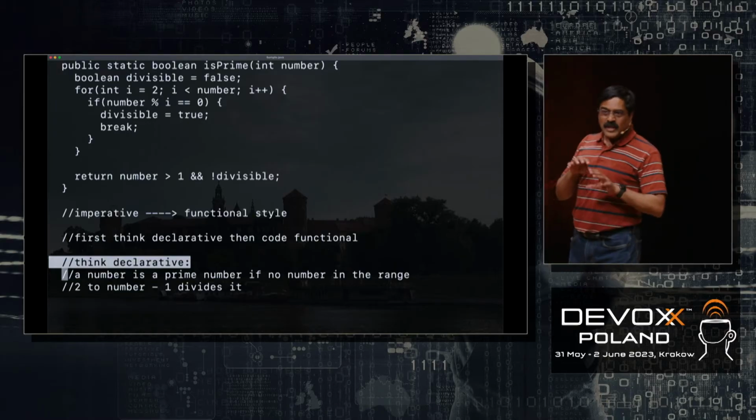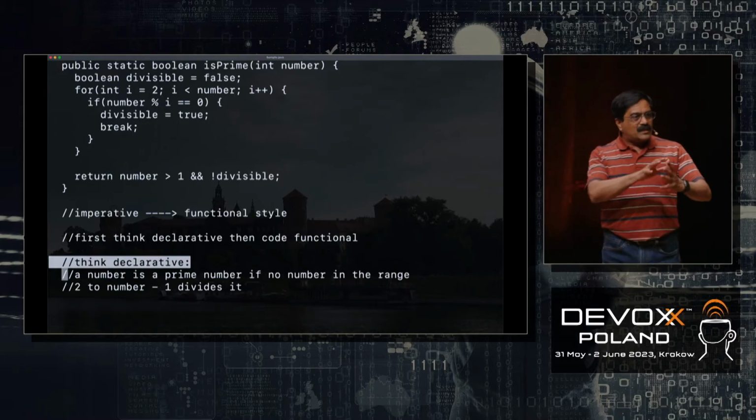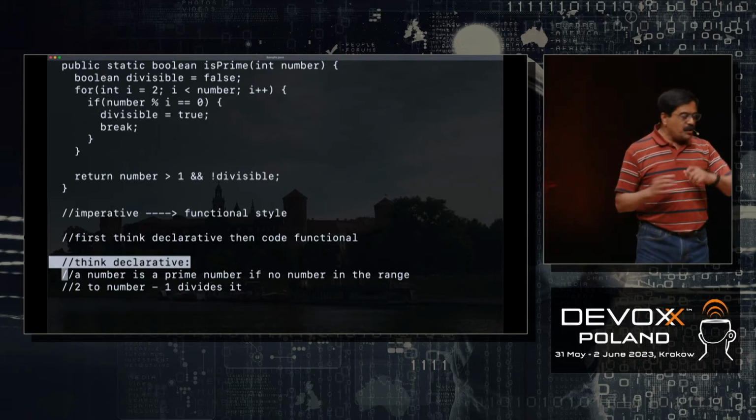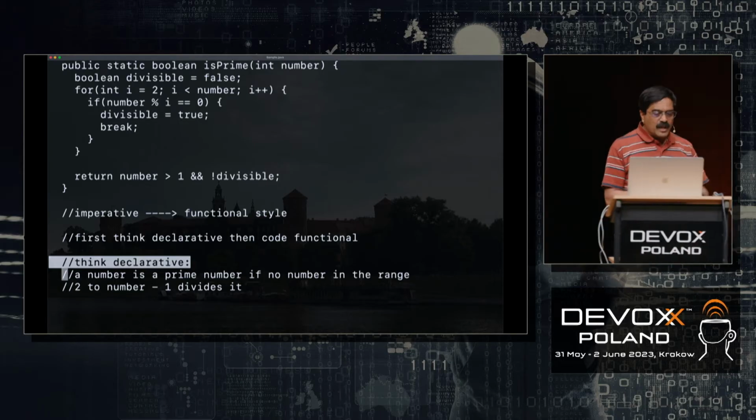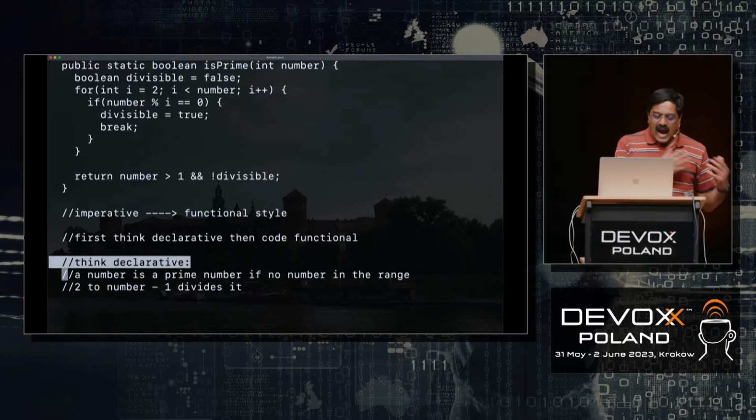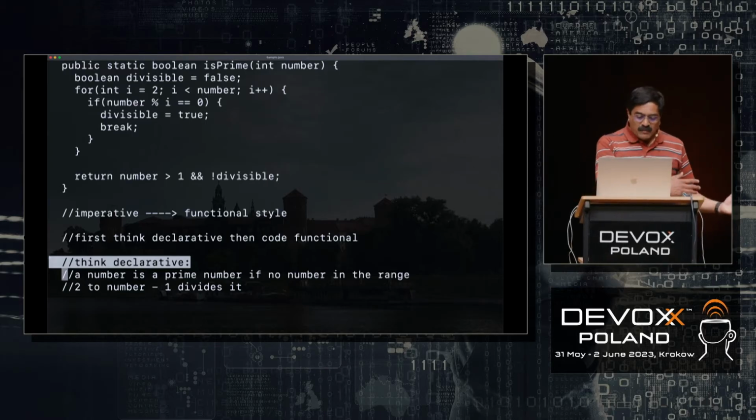So rather than thinking about individual steps to take, think about what transformation you can do with the data. What is it, rather than how is it? So what is a prime number? A number is prime if no number in the range 2 to number -1 actually divides it. Once you are able to formulate the problem